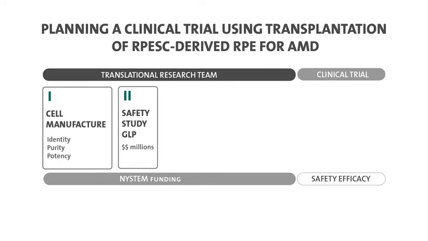So we had to create a cell manufacturing at the clinical grade that's going on at the University of Rochester. We had to do the safety study that's going on in MPI Research in Kalamazoo. We went out to Kalamazoo and injected 300 rats subretinally in order to test whether these cells